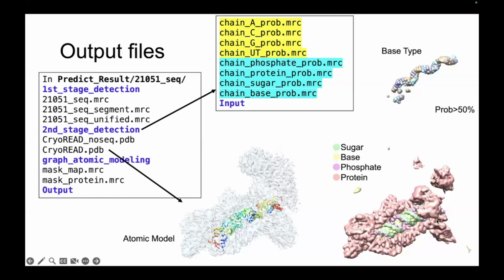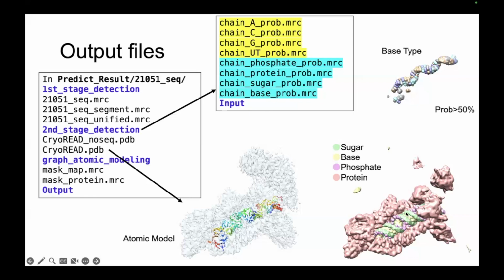Then the protein probability shows that these orange, pink regions correspond to the protein regions. The input map is this. From this input map, it detects the protein regions like this. Then the sugar position, the green position, looks like this.